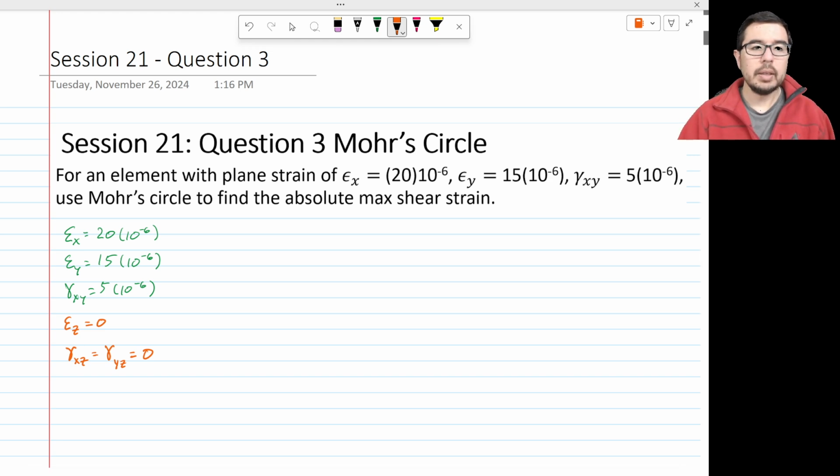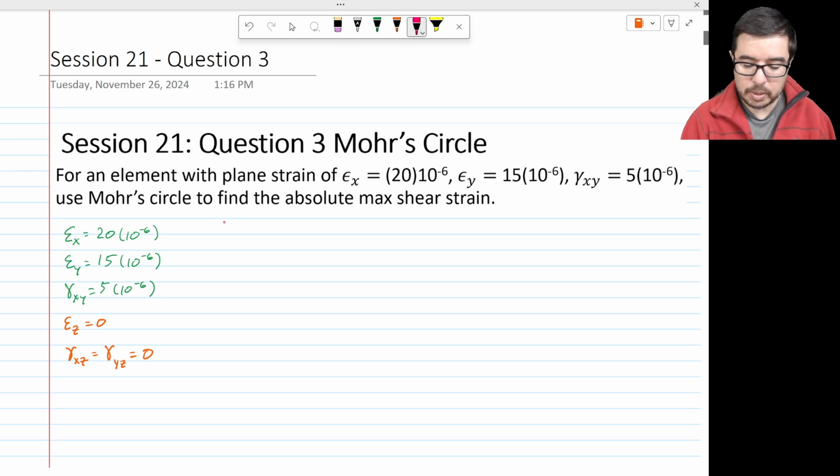Well, we did this in the last example where we calculated out the radius, at least in the xy plane for Mohr's circle, and we also calculated the average location. So using those values, and you can go back if you like to the previous video, what you'll find is